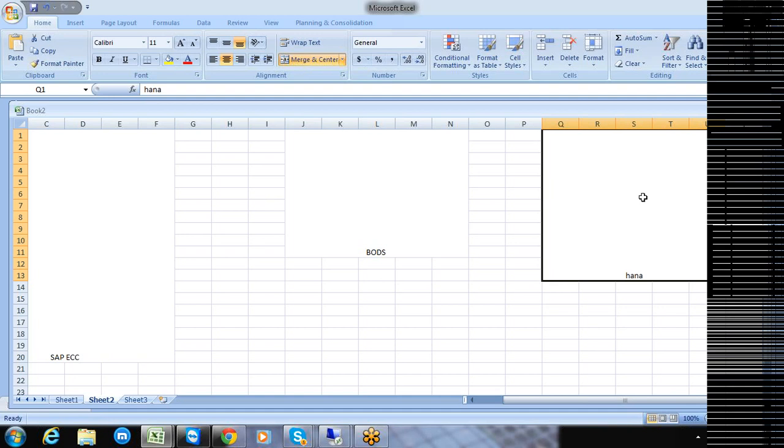We did the integration part, and we also created the connections for extracting the data from the ECC and loading it into SAP HANA. That is the part that we did yesterday, right? Vijay and Anand? Yes.